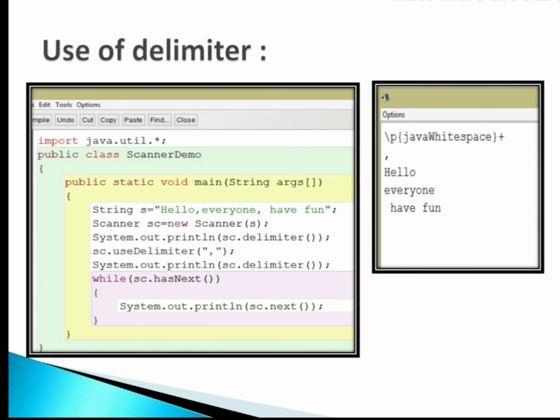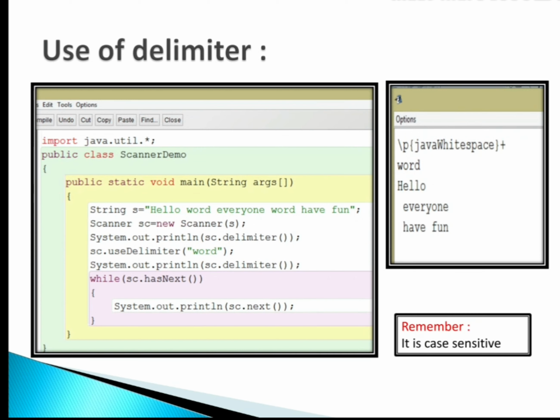And see the next example. Hello word everyone word have fun. Now I am placing word between hello, everyone, have fun, because I am trying to create word as the delimiter.